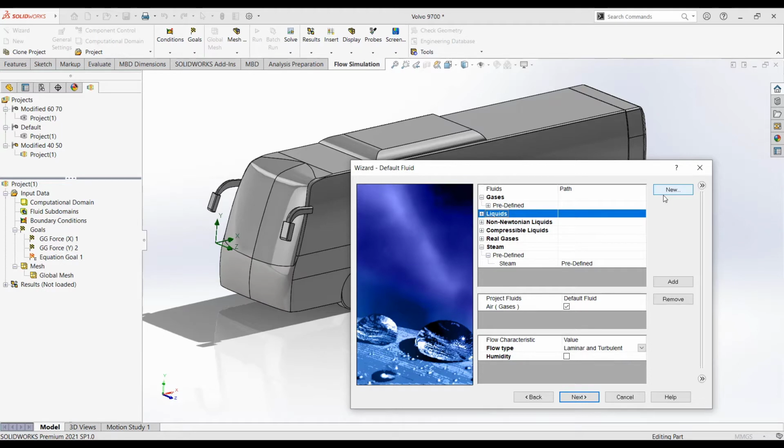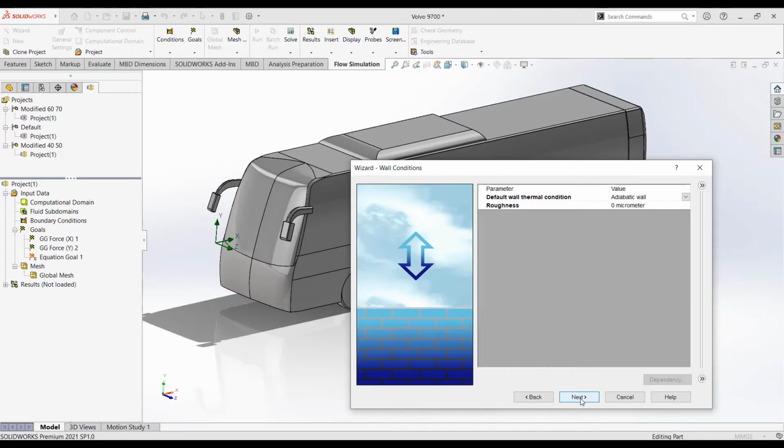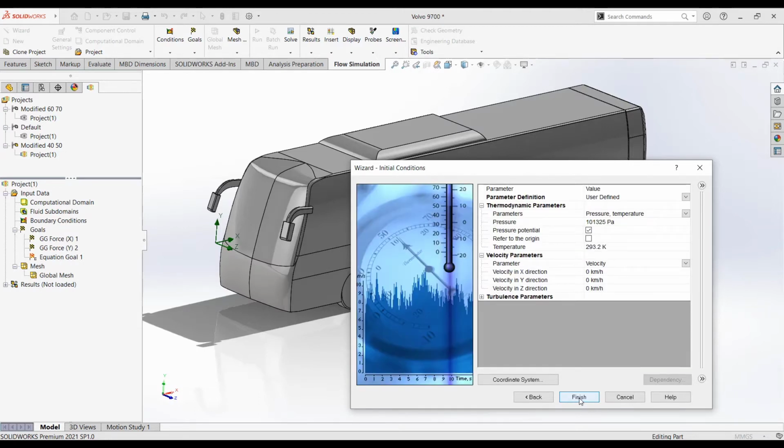If you want, you can add a new flow type, laminar as well as turbulent. As per the requirement, the software will deal with that, program controlled. Here I'll set the pressure as environmental pressure. I won't change it, and I'll keep the temperature as default. You could set it to 30 degrees Celsius room temperature, but I'm not worried about it. Right now I'll add 80 km/h as my velocity along the x direction. As you can see, there is a symbol indication, you need to remember this. Fine, I'll finish this setup.